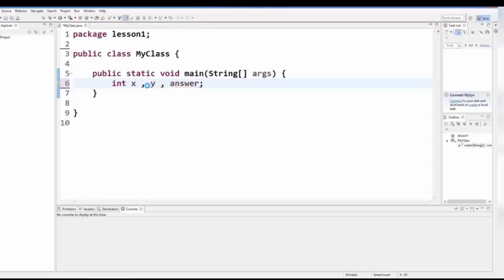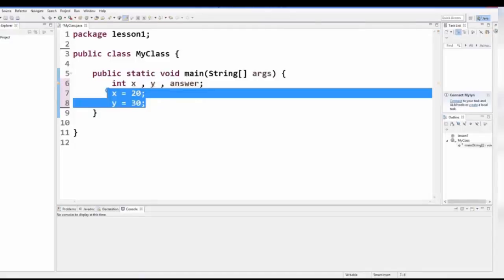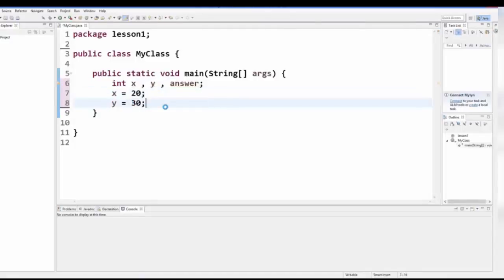Answer variable, and then we will assign x is equal to some value, for example 20, and y is equal to some other value, for example 30, right? And now I want to perform some operations on x and y depending upon what I want.